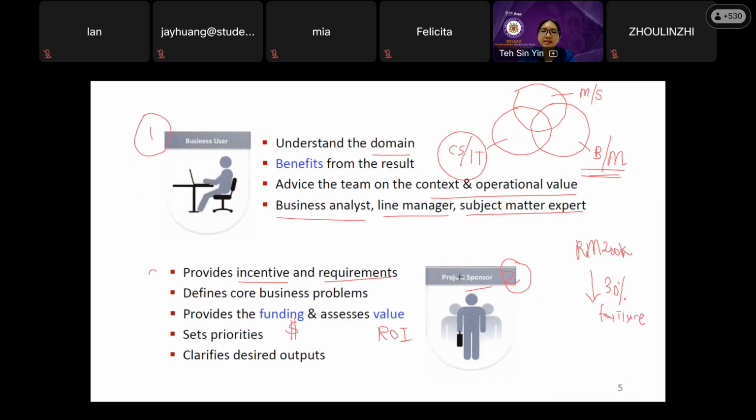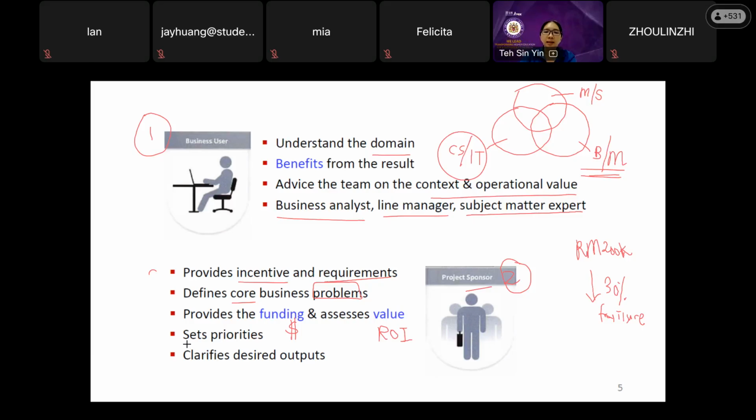So this is contributed by the project sponsor. And the project sponsor will define the core business problem. So the problem statement often comes from the project sponsor. There are so many problems in their business. This person needs to identify which one is the most critical problem.